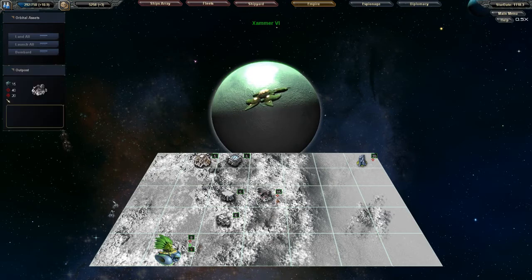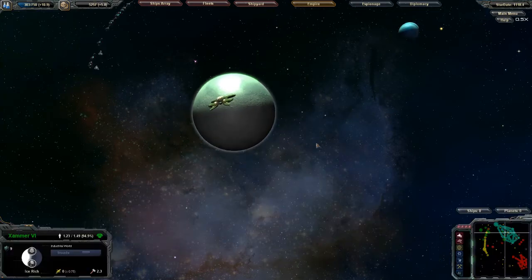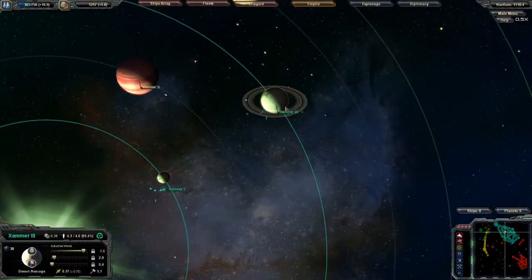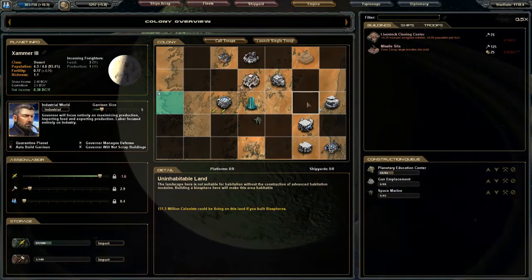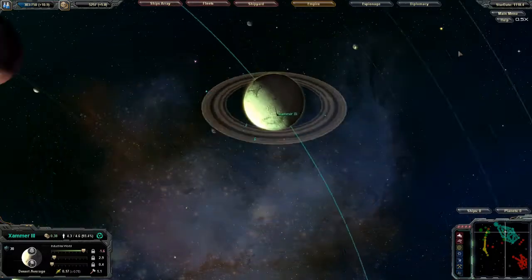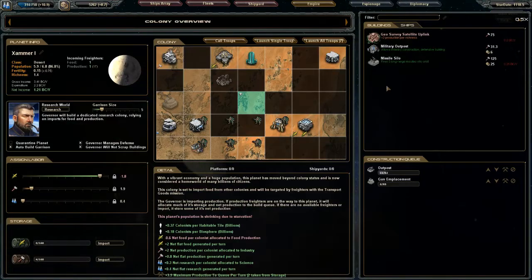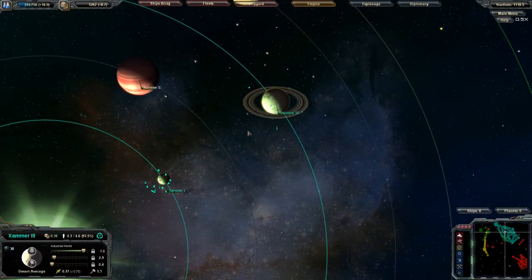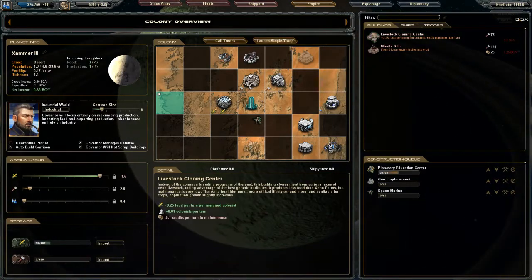So on this world, we've got an outpost, some polyp troops, and a high-density housing building, which can all sort of resist us. How many troops do we have here? 1. Okay. Yeah, 7. Let's launch all of our troops. A bit reckless, perhaps,